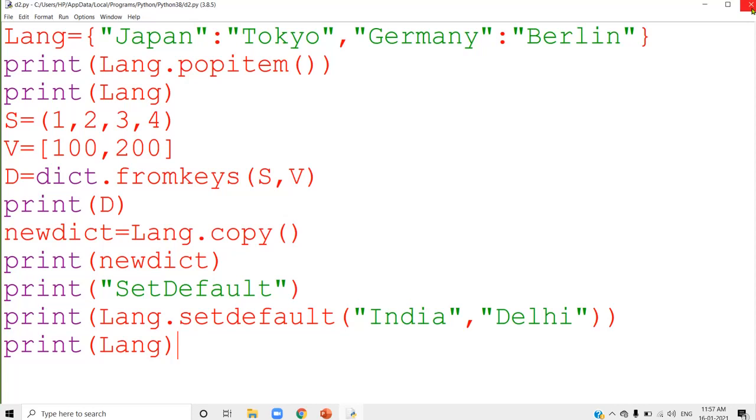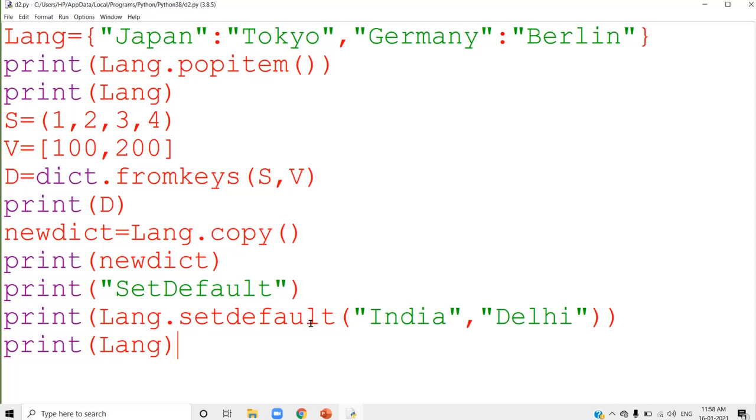Now here India was not there, but when I try to display lang, India is displaying there because set default already inserted India into the dictionary. Here we had Germany, Berlin, but we used the pop item. That is why Germany is removed from the dictionary.